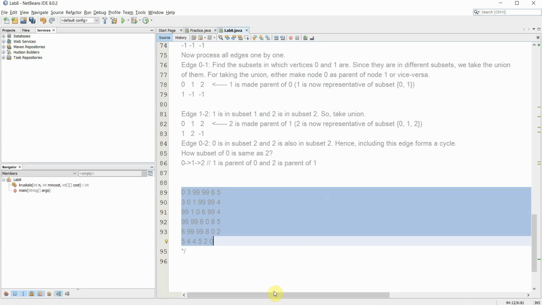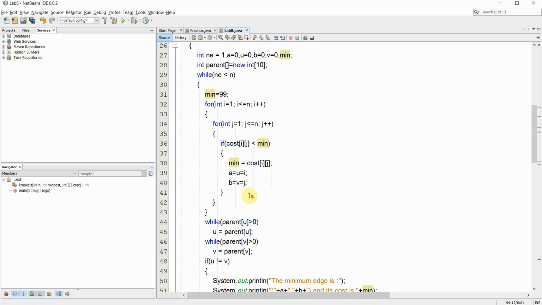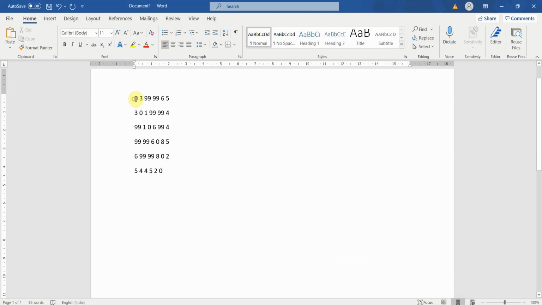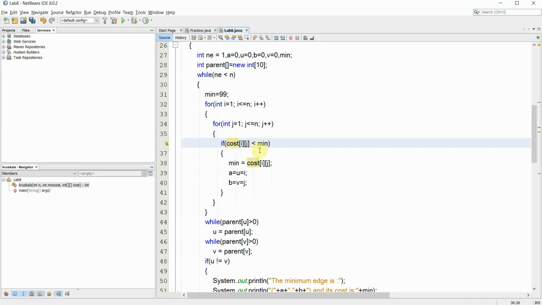In every iteration of both the for loops, the cost ij is checked. Initially, a to a, that is, the vertex from 1 to 1, what is the cost? 0. So 0 is less than 99, because minimum is initialized to 99, right? Yes. So that min value is updated, and u and v are updated like this.